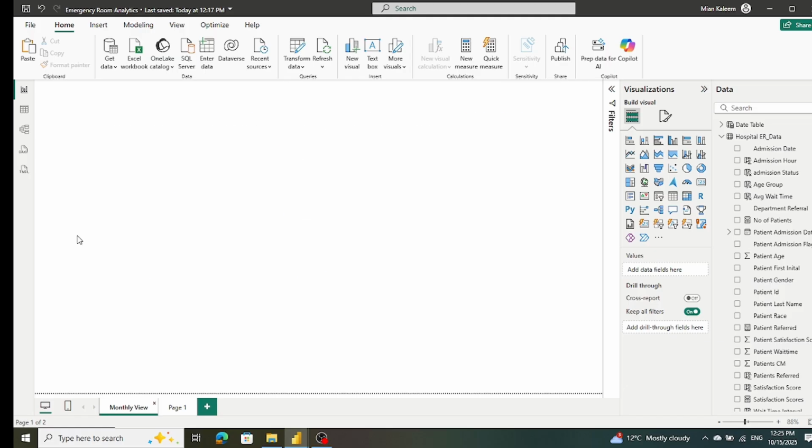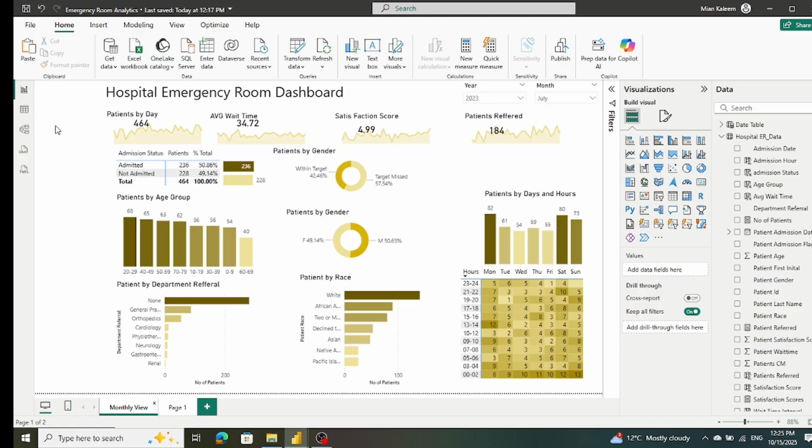Okay, so this is our monthly view where we can select by different parameters, and one more thing,